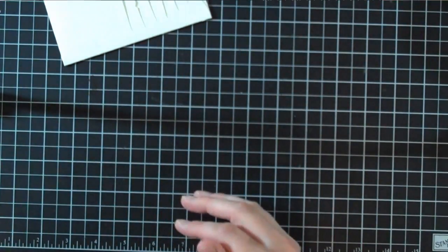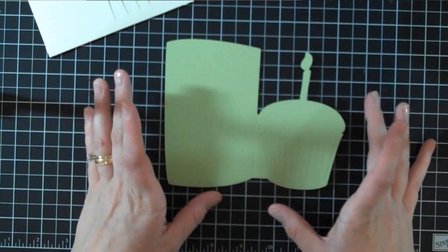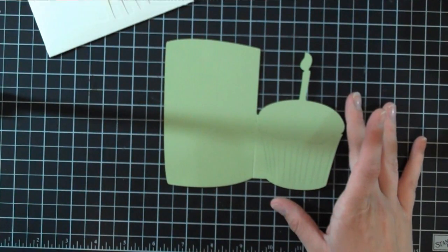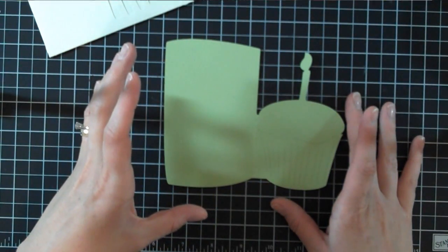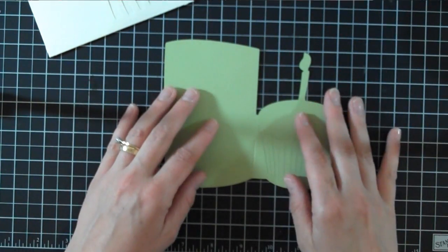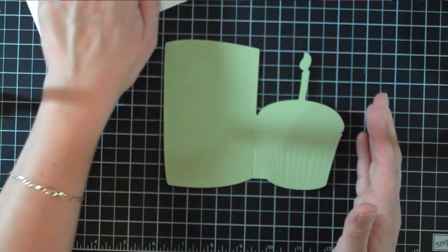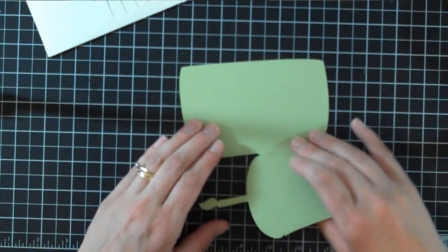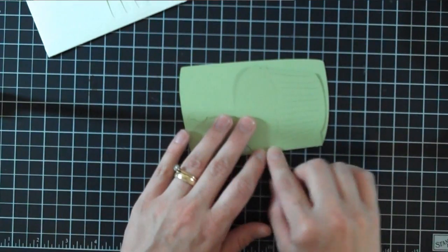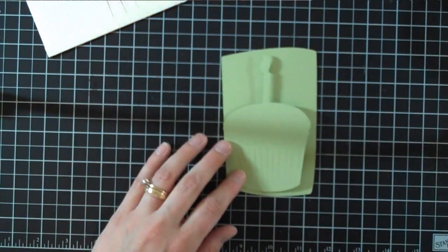I love it. Okay, now for the card. My card again is cut at 5 inches. I recommend that if you're going to do the envelope to match the card, you cut the envelope first. Because this is on 8.5 by 11 cardstock, and if I did fit to page, it actually cuts it out at 8 inches, which is way too big. My envelope I cut out on 12 by 12 paper, so it fit perfectly. So just keep that in mind. If you're doing the fit to page feature, cut your envelope first,